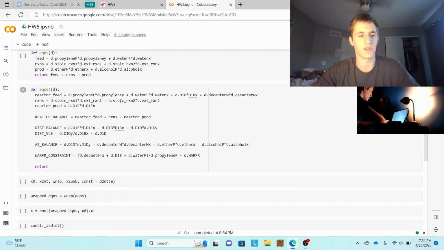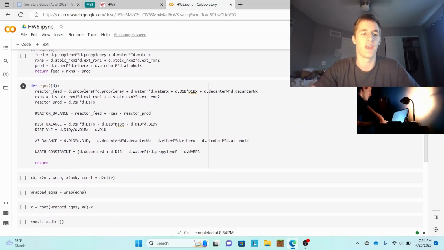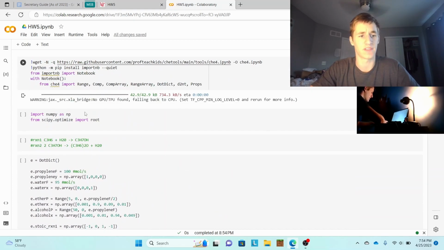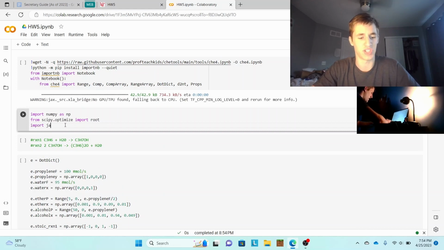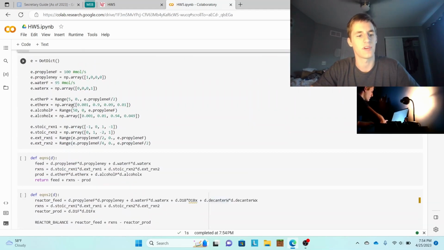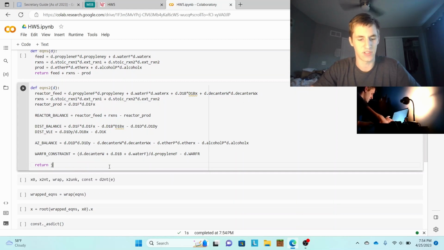So in order to put all of these together, right, I can concatenate all of these vectors using NumPy, but because this Warfer constraint is not a vector, it's a single value, I also need to import JAX. So import jax.numpy as jnp. Missed a space here. All right, sure that works. And now I can say jnp.concatenate with our